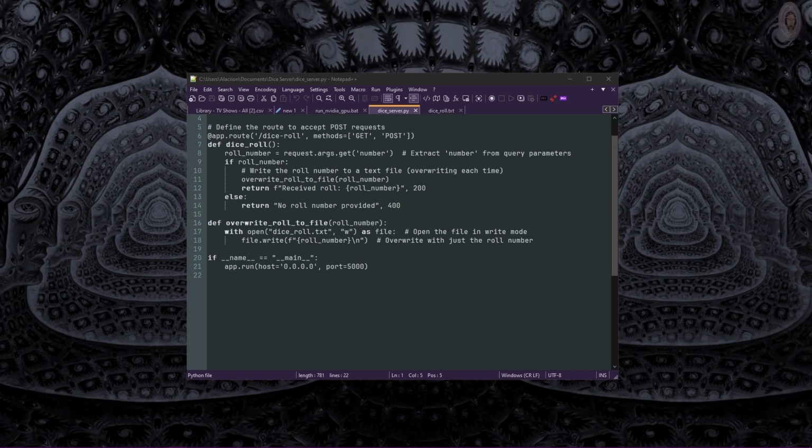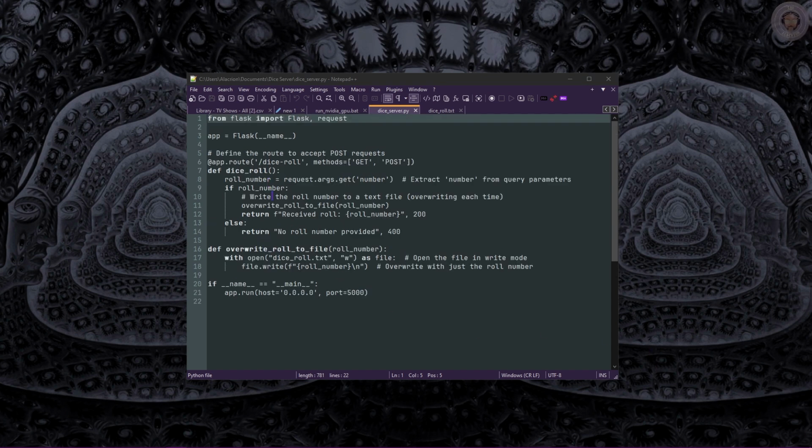I'm not a coder at all. ChatGPT helped me with this. What I did was ChatGPT told me to run a web server using Flask and gave me this code. What it does is it takes a web request from the Pixels app and sends it to that web server,